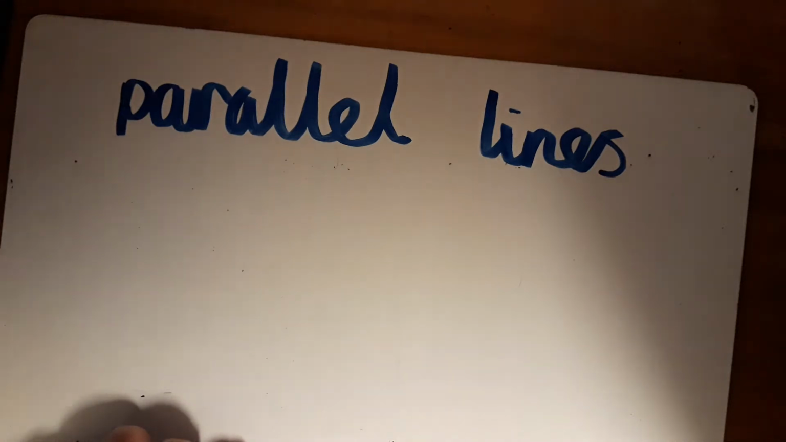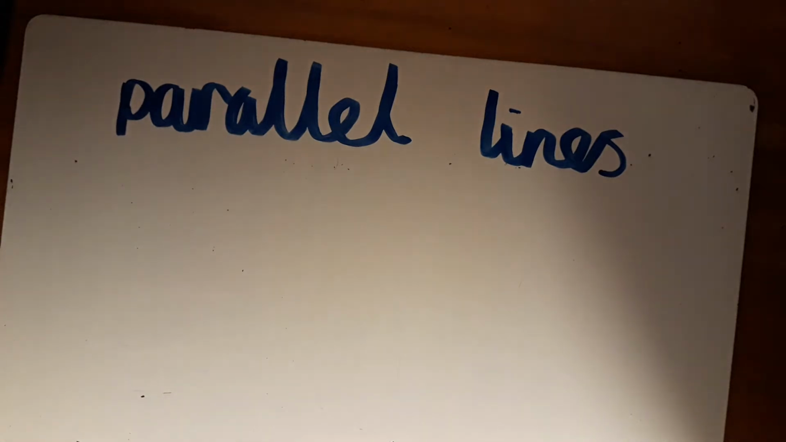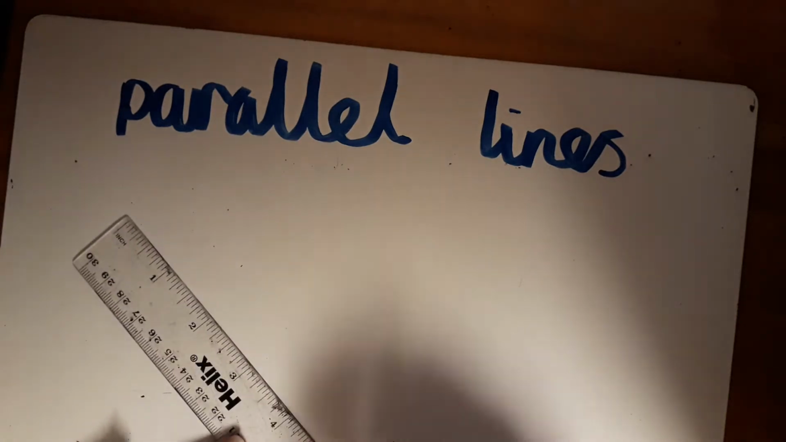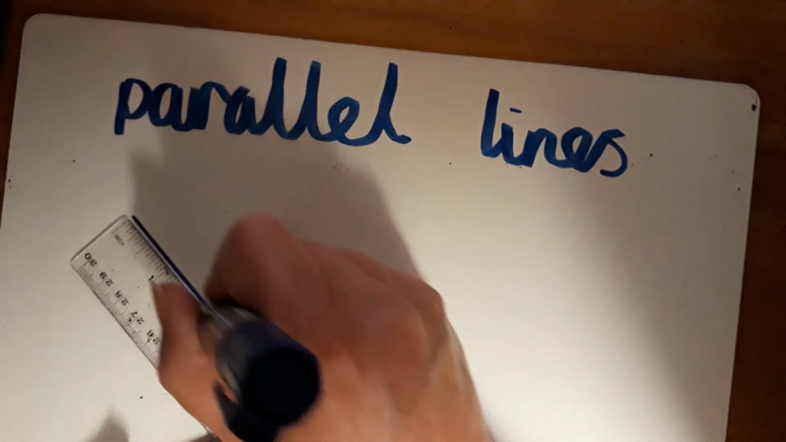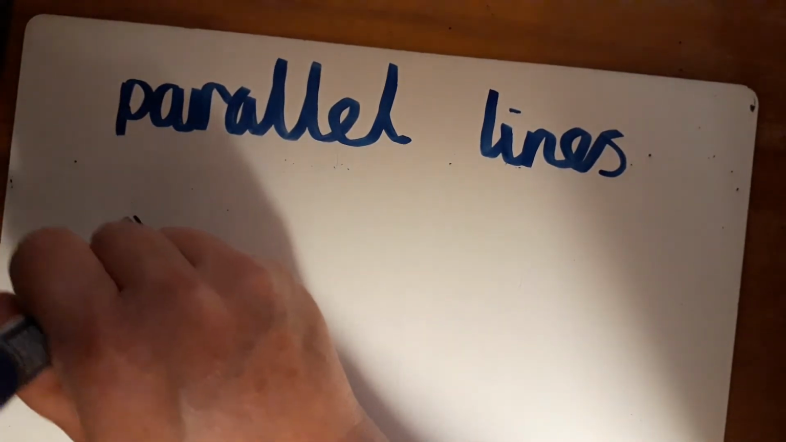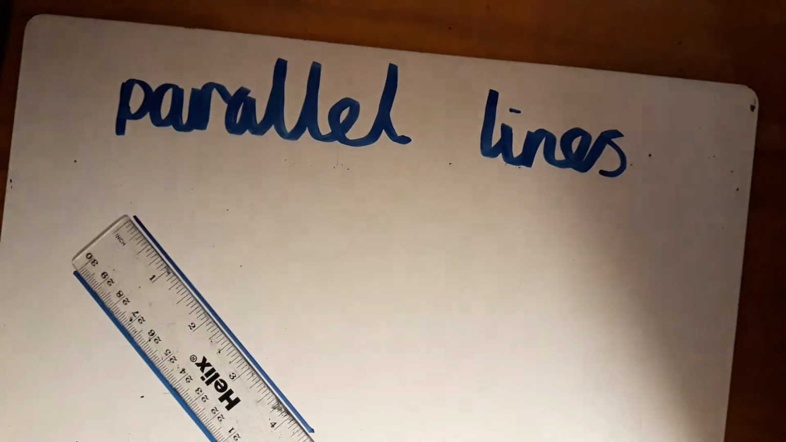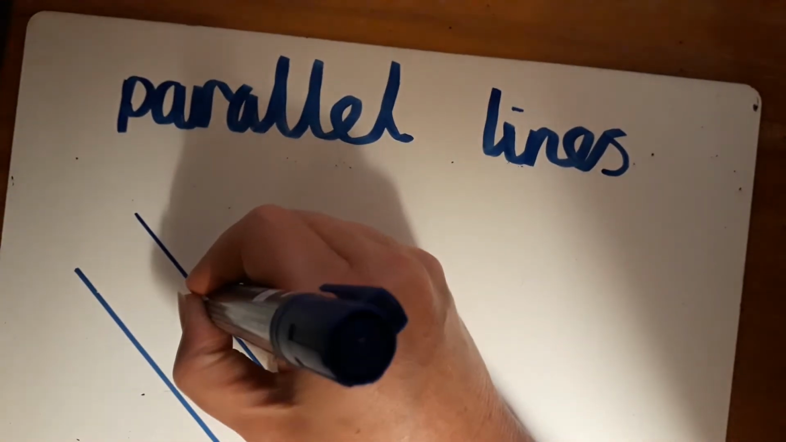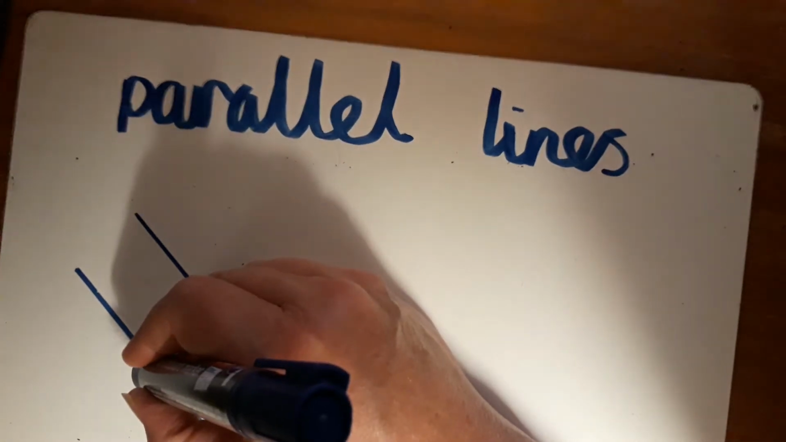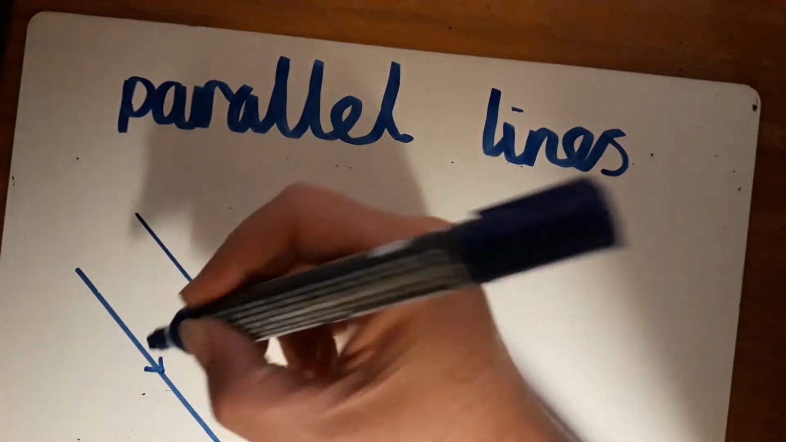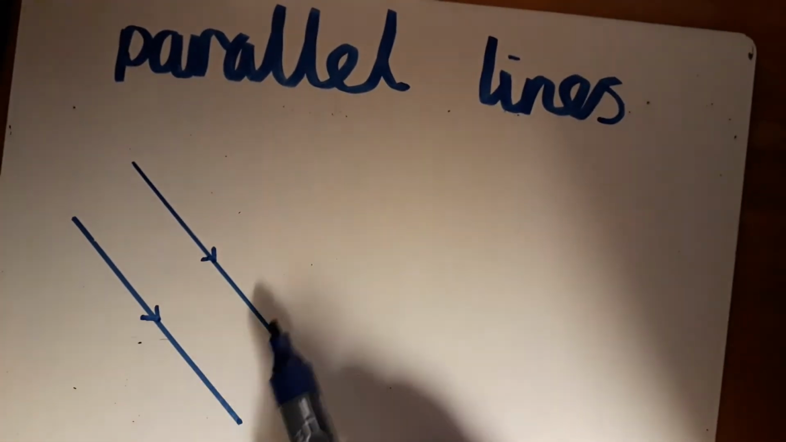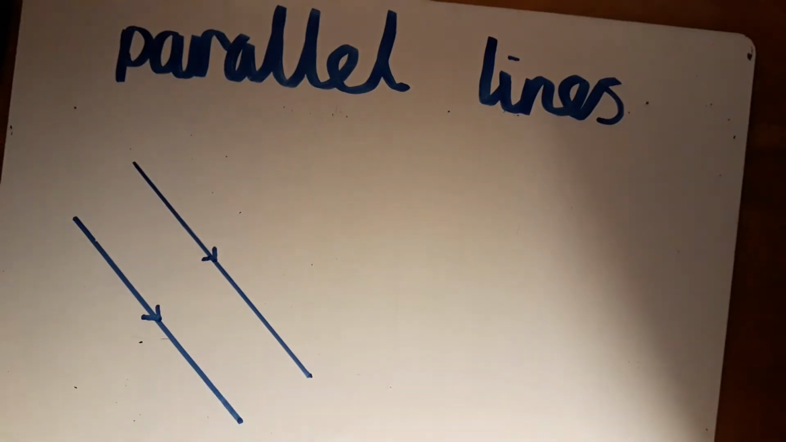Okay, so parallel lines are straight lines that always stay the same distance apart. Okay, so they never start to come closer together. So if I draw like that, and you will often see that they are marked by little arrows. Those little arrows indicate that those lines are parallel. Okay, so if I draw,